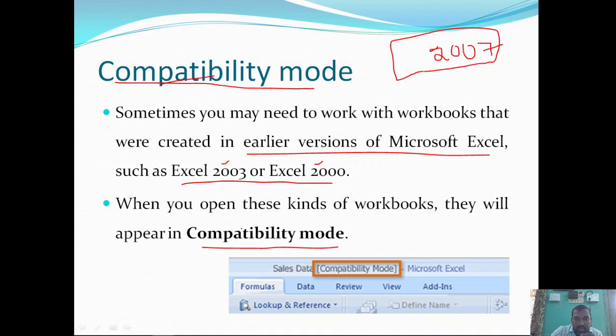So you can observe while opening the document, in the title bar, within the brackets, this message will be displayed: compatibility mode. It means the document is saved either in the 2000 or 2003 version of Microsoft Excel.